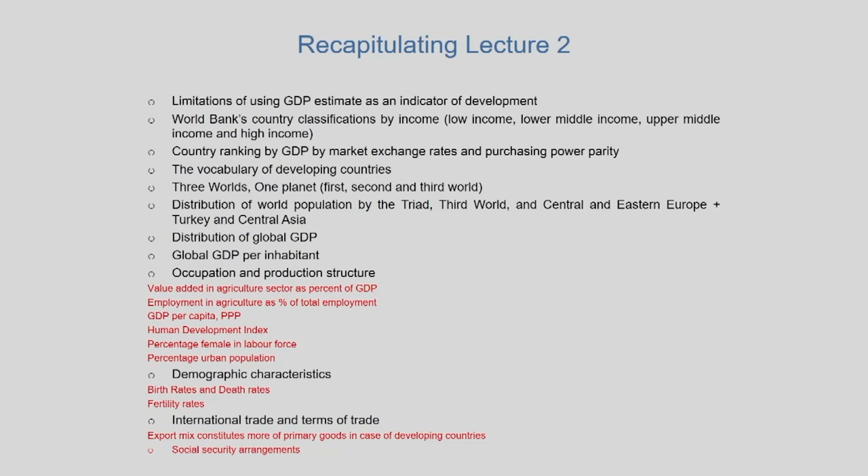You may have heard of concepts such as green GDP or green GNP, which is being tried by various organizations globally to be included in GDP estimation. However, in the mainstream growth and development literature, it does not get accounted as an indicator of economic development. The third limitation that we saw was with respect to the amount of time and effort used in the production of goods and services that does not get valued in the GDP.